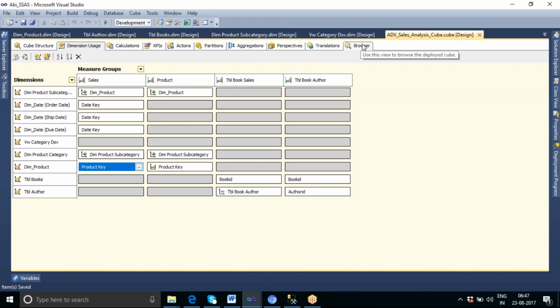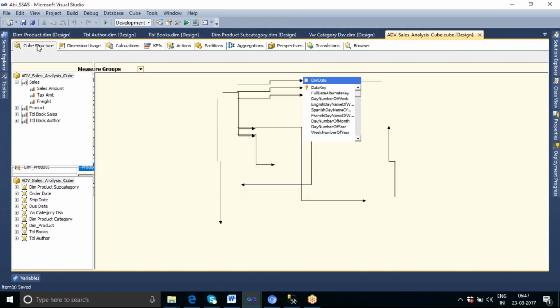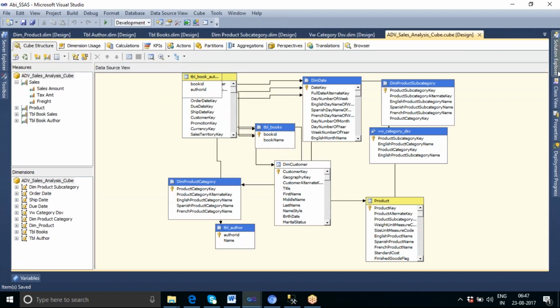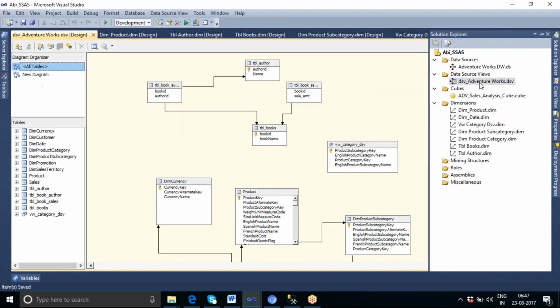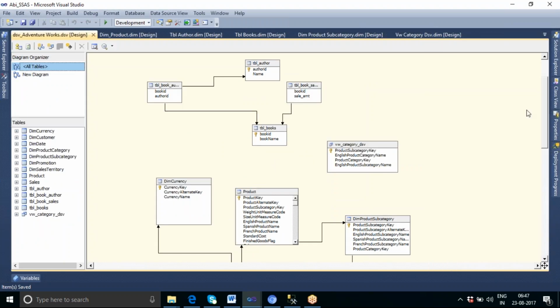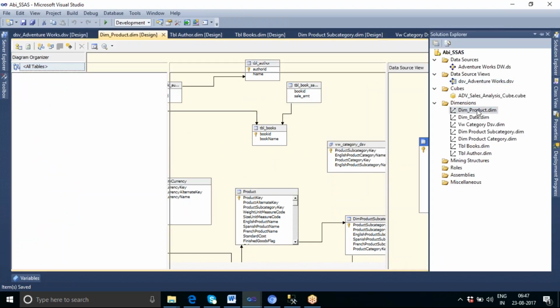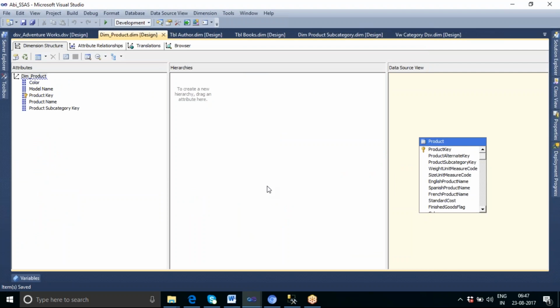And when SSAS is pulling the dimensions data, after creating dimensions, out of 30 columns we have defined only 4 as per our requirement. From these 4 columns also, my SSAS engine is pulling only the distinct data.